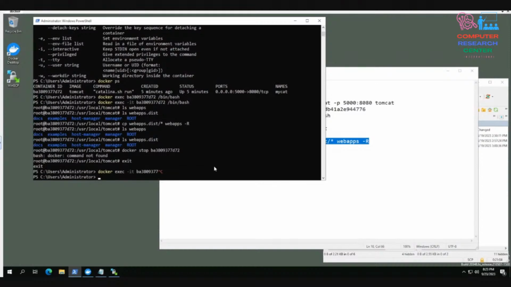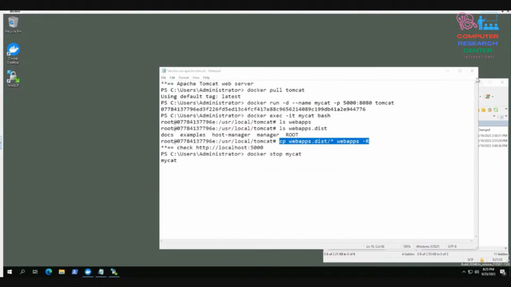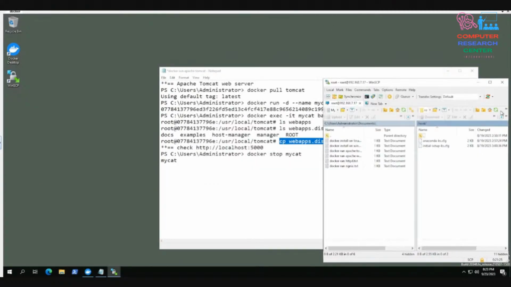So let us do Docker stop. I will do the stop, or maybe you can remove it with the force. I would say rm -f, with force. Okay, so then it will kill it, right? So it's gone. So now I will close this one, and we'll go to the Linux box where we have